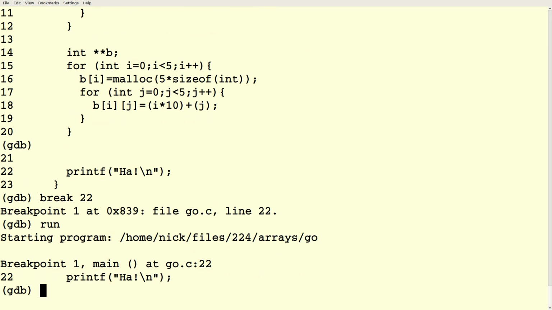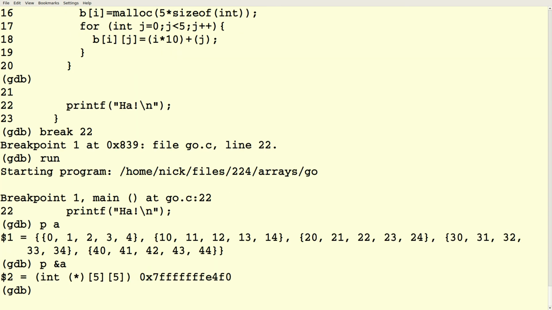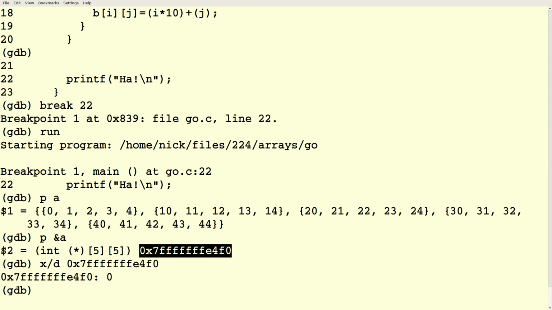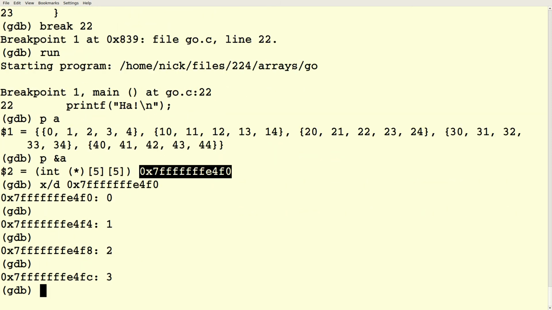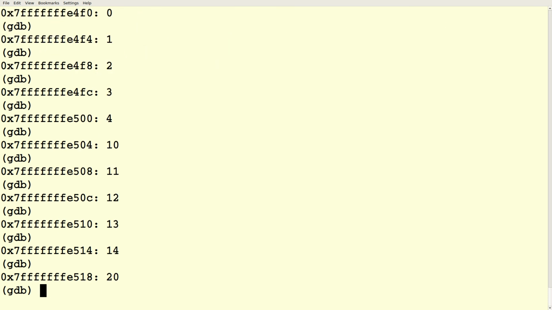All right, so if I print out A, GDB knows what A is, but let's look at the address of A. A is stored at this location in memory. Let's examine that location in decimal. What do I find? I find 0, 1, 2, 3, 4, followed by 10, 11, 12, 13, 14, 20, 30, and 40.